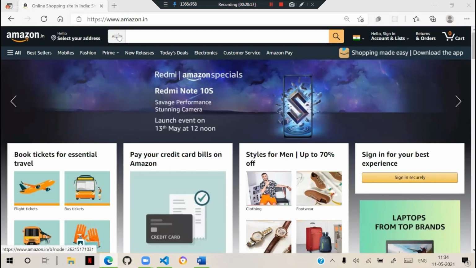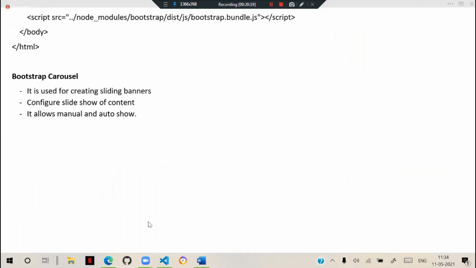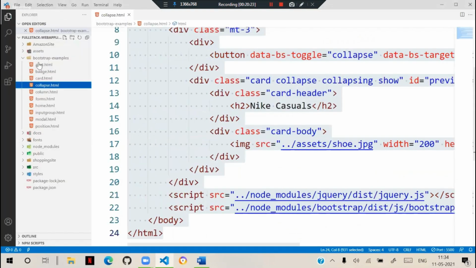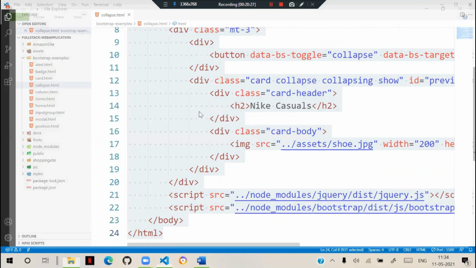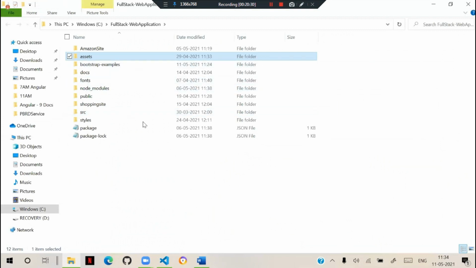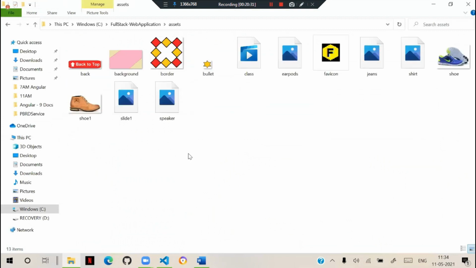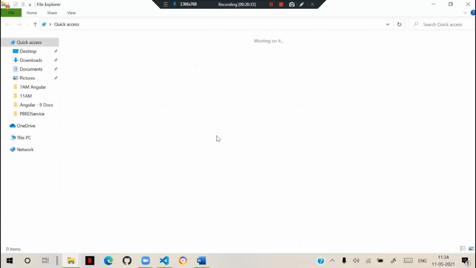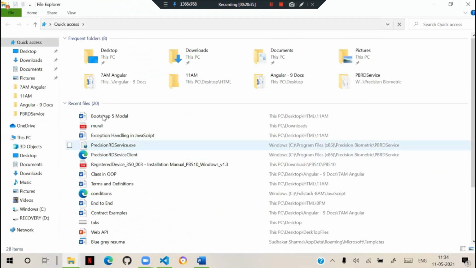For that, we need some banners like this. So in our project location, in the assets, let's keep some slides here. You can copy those slides from the Amazon site, or from my computer.